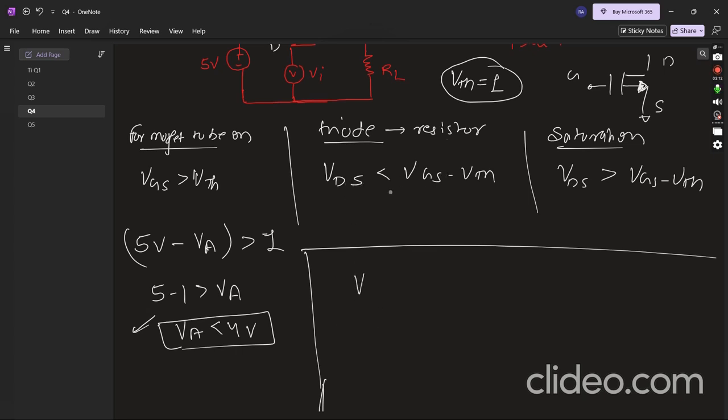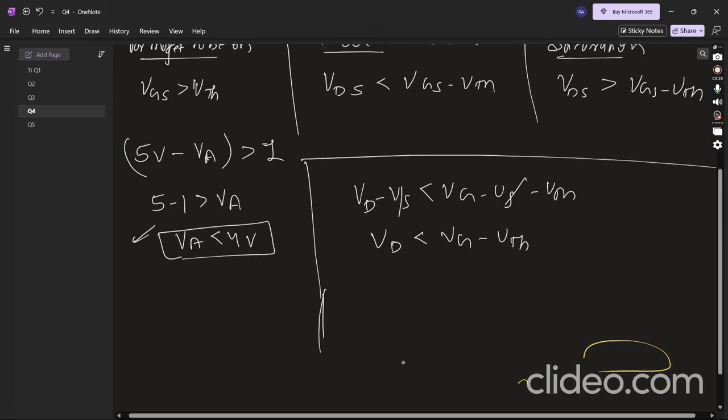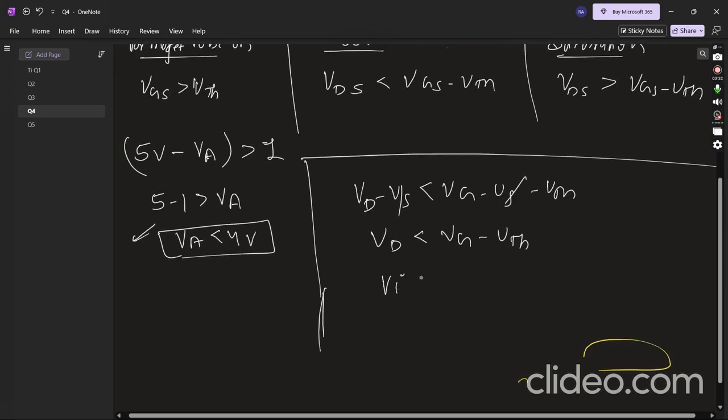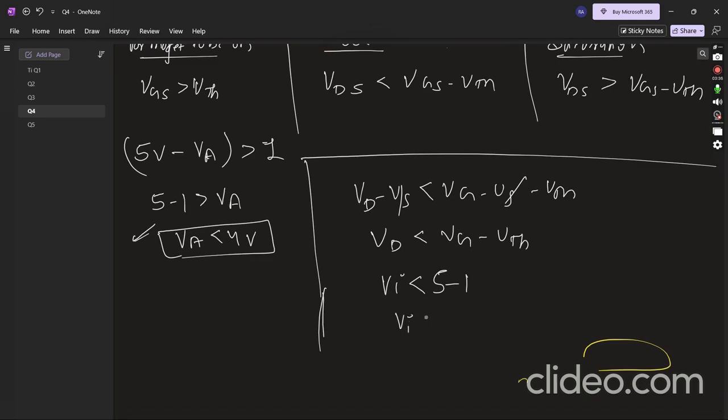Vs and Vs will cancel out, since it's on the same side: Vd minus Vs, Vg minus Vs. So it will cancel out Vth. So the equation is Vds less than Vg minus Vth, and Vd, the drain voltage, is V input. V input is less than 5 minus 1, so V input also less than 4 for triode region,